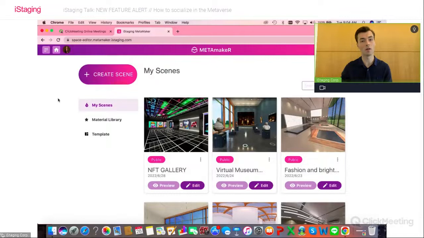And we now have Market Space, our platform where you can sell and buy templates that you might need in any one of our platforms, and now specifically the METAmakeR. Then once you've built a scene, under My Scenes, you would see all of the environments that you've built. I already have quite a few in my account, and we're going to use the NFT gallery today to showcase the avatar and social functionality.